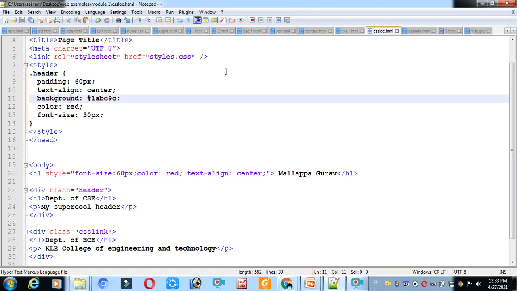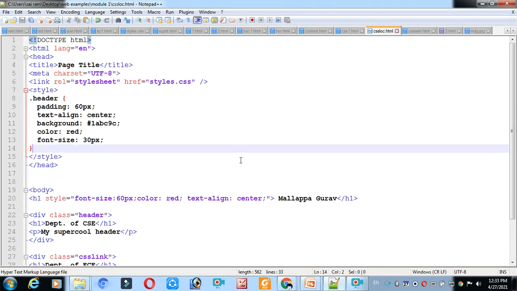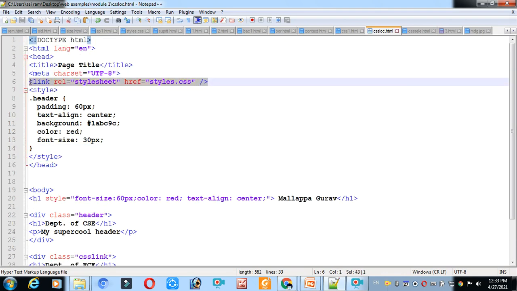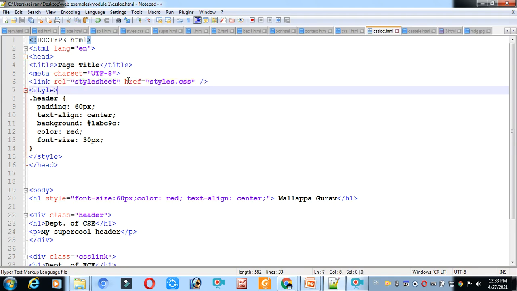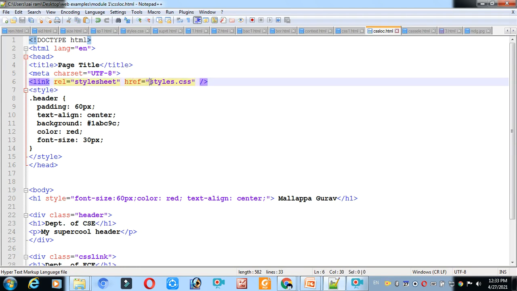I will consider the same example here. I am using a hyperlink, the link we created here. What is the link you are considering in the head portion? It's a link, rel is stylesheet, type is text/css. And what is the name of the hyperlink reference you are giving here?